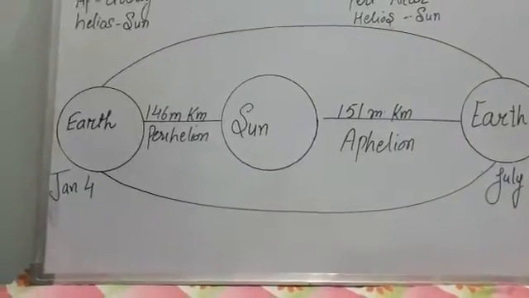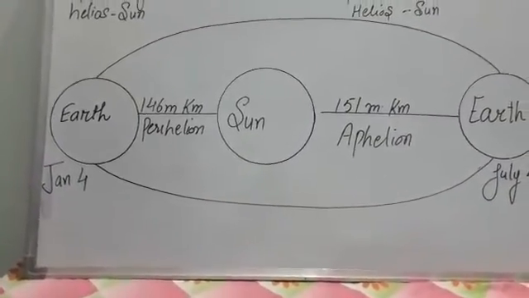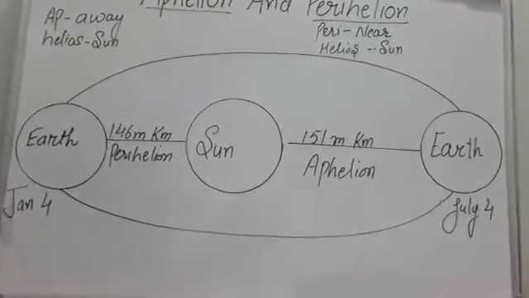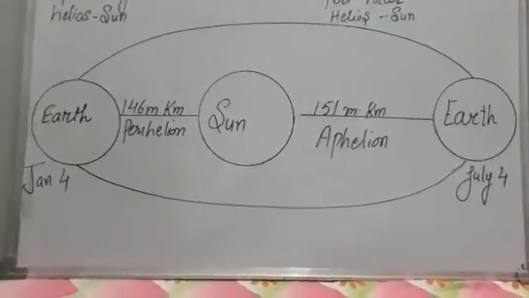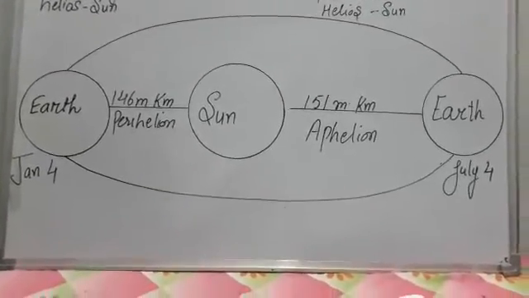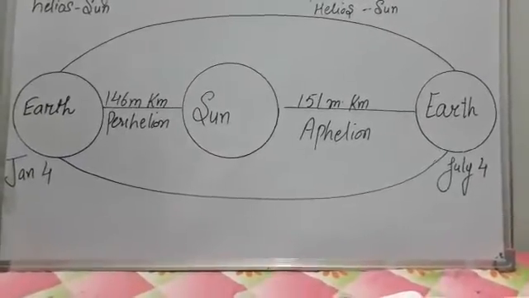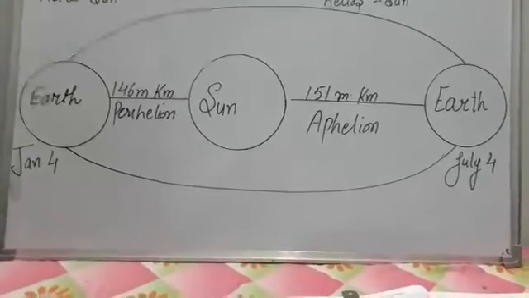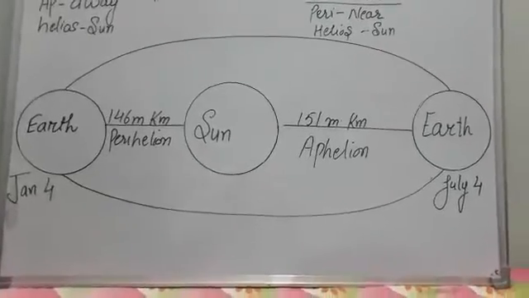It may increase by 1%, 2%, but it would not increase more than 3%. So the scientists have said that the variation will be only 3%. So then maybe next year the earth will be at 153 million kilometer or 150 million kilometer, 152 million kilometer, but it will vary by only 3% according to the completion of one revolution.